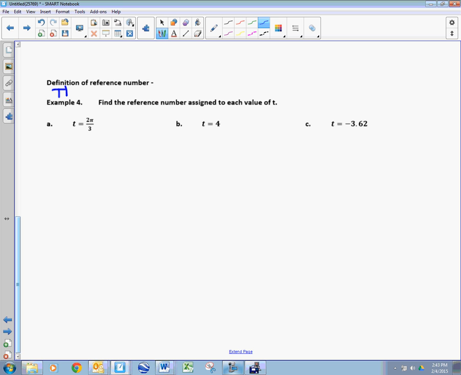Reference number: the shortest distance between the terminal point